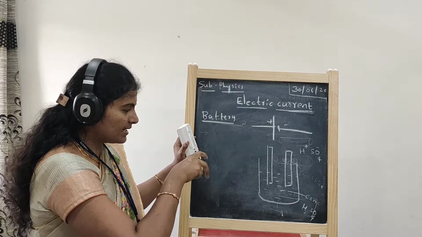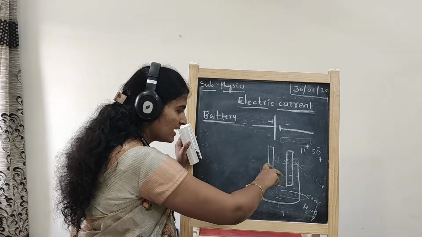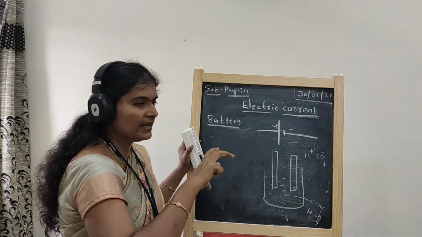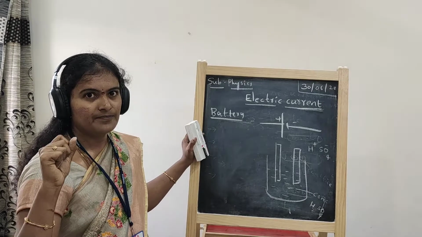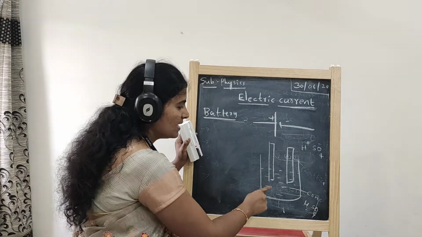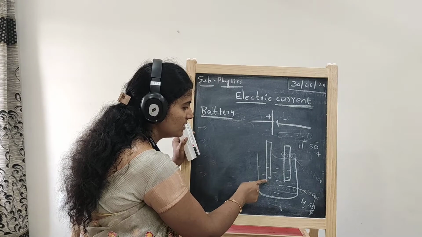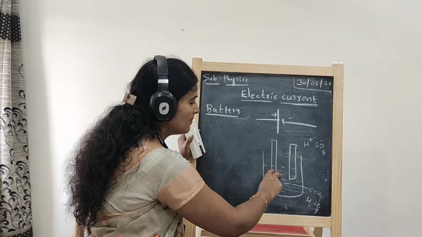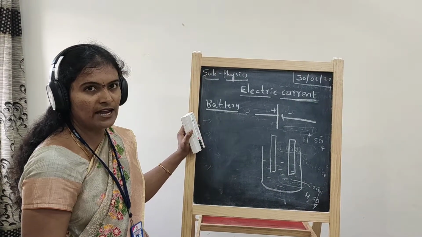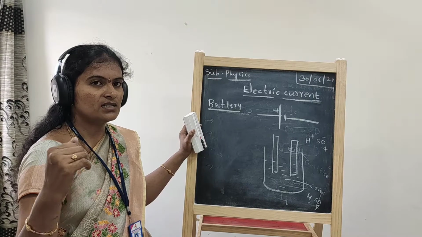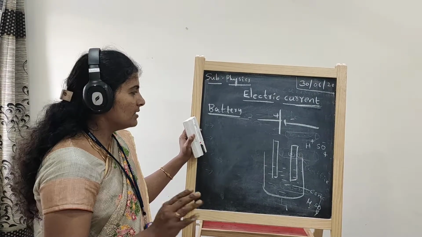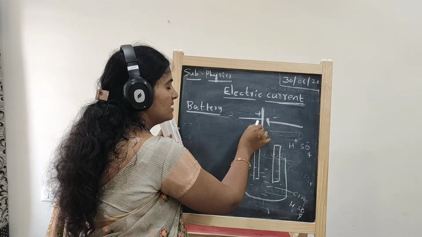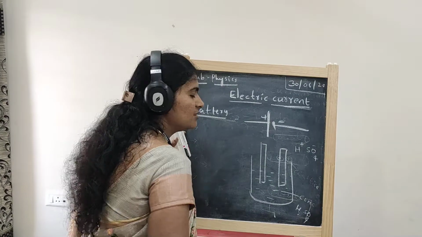Due to the chemical energy in the electrolyte, all the positive ions will move to one side and all the negative ions will move to the other side. The chemical energy pushes the ions towards the electrodes, so where the total positive charge is concentrated is called the anode, and where the negative charge is concentrated is called the cathode. Symbolically in physics we represent this as the positive plate and the negative plate.